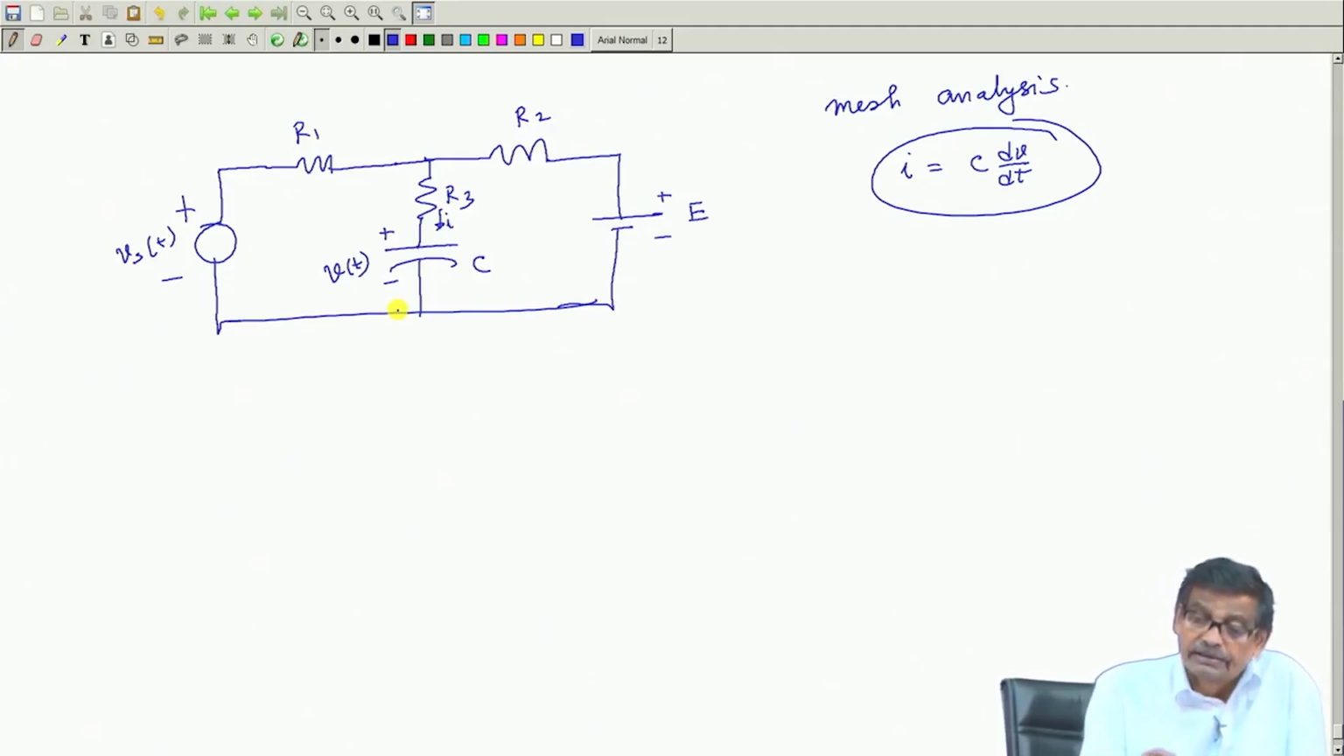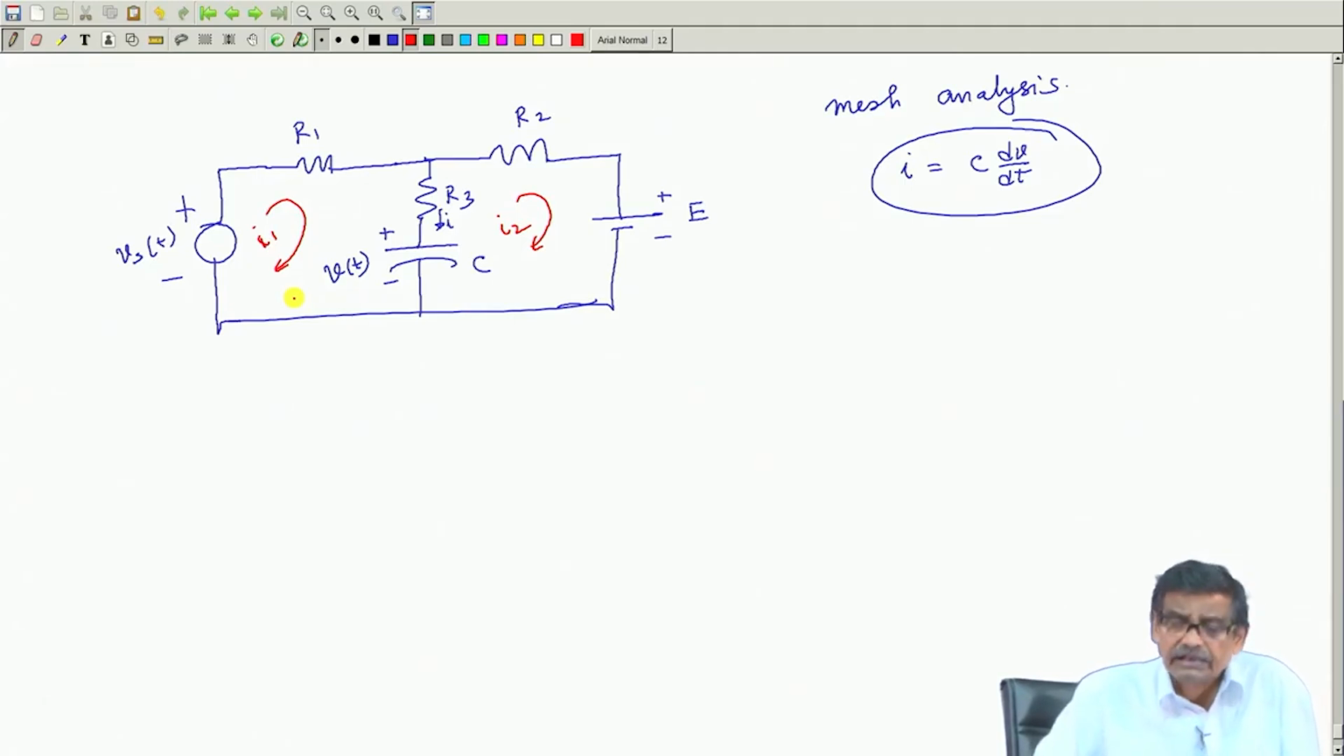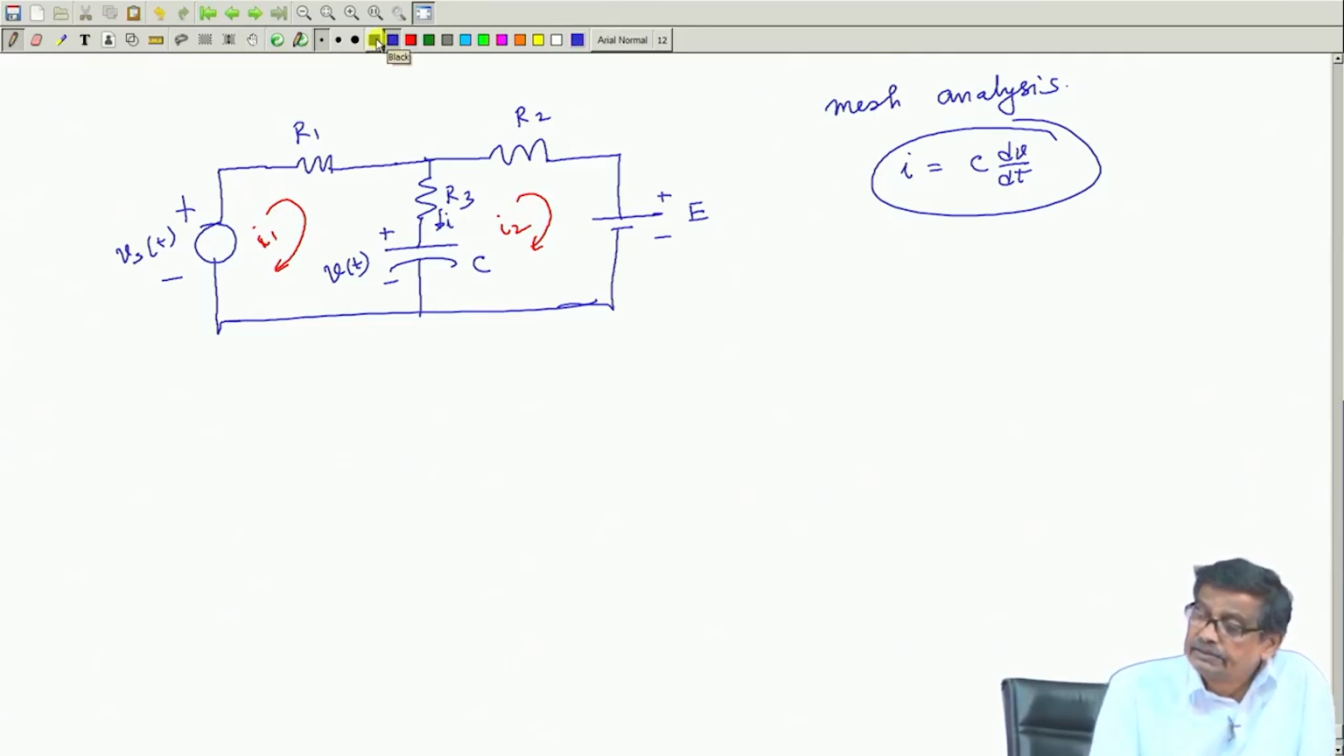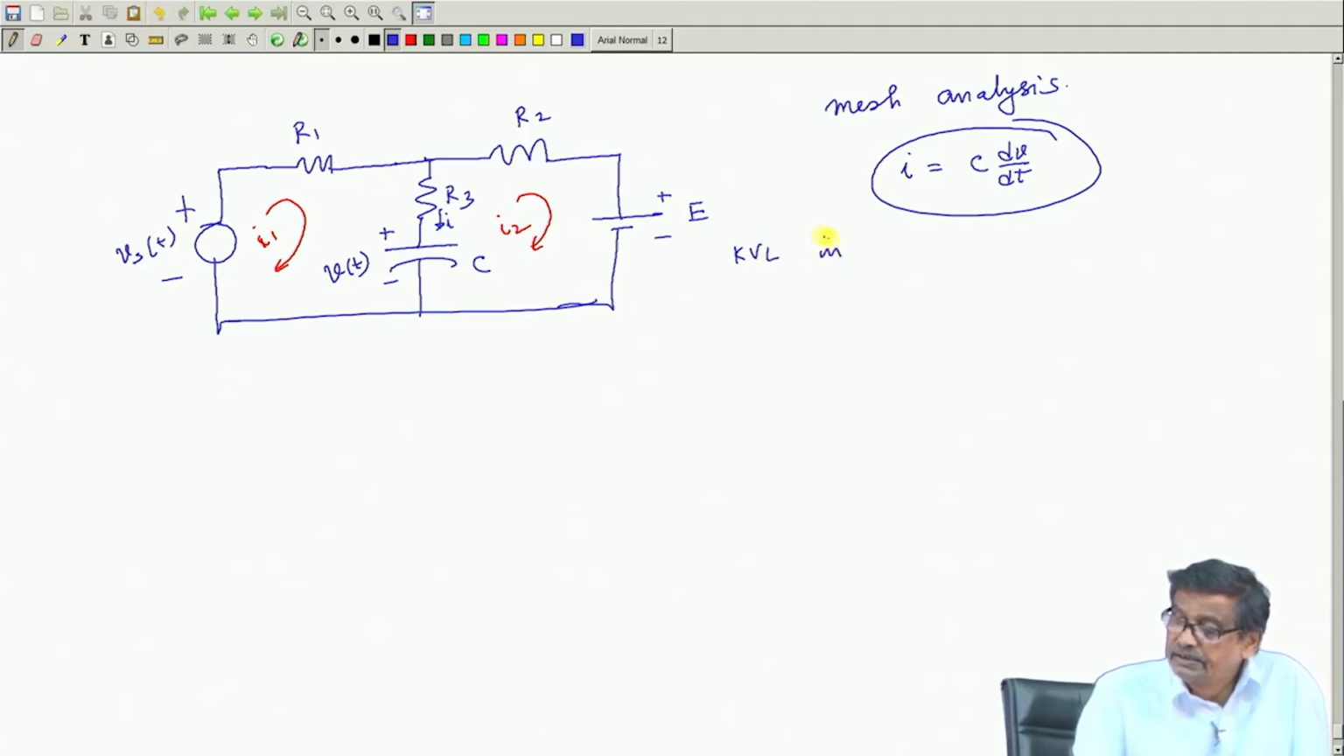Now, there are two meshes. So, you choose this mesh current to be I1, this mesh current to be I2, in small letters because things may be time varying. So, I1(t), I2(t) I choose as functions of time. Then I will apply the rules of mesh analysis. So, KVL in mesh 1